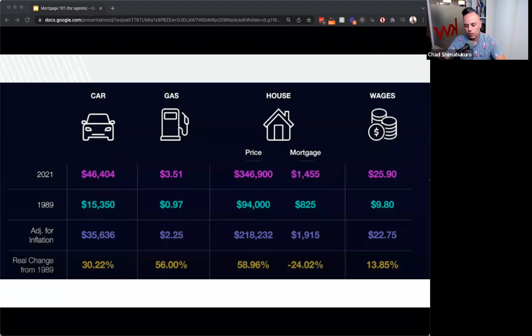So when we're talking to buyers, is it a good time or a bad time? I can tell you firsthand that I'm always on the lookout for property. It doesn't matter if it's a buyer's market or a seller's market. When have you ever met someone who's owned a property for 7 to 10 years and said, you know what, I shouldn't have bought that property? I guarantee you, as a general rule of thumb, most people who have owned a property that long or longer are so thankful they have it, because it has gained them more equity than they would otherwise have been able to save on their own.